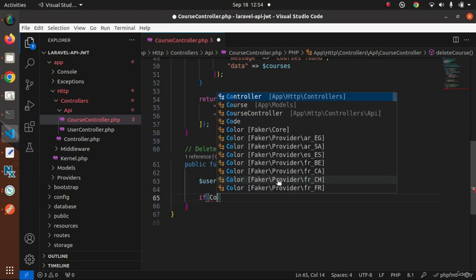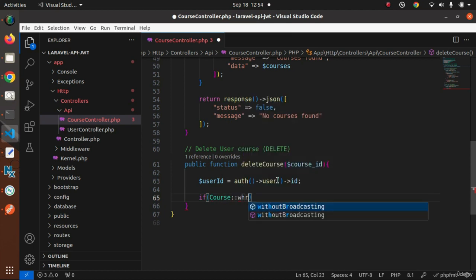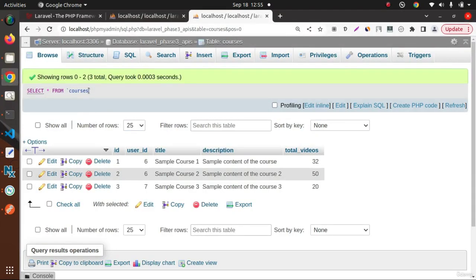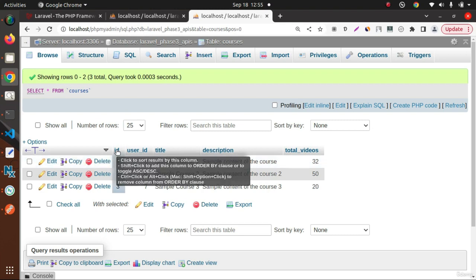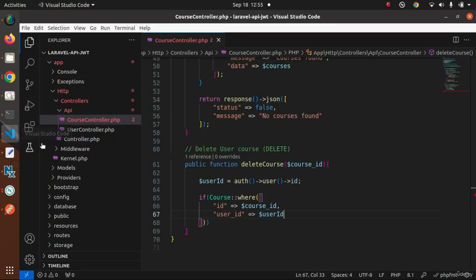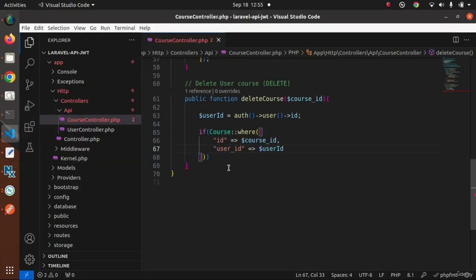So let's say if course model, I will use the where method. Let's pass an array here. So ID, this is the course ID, which we are getting from the URL. Then I will use user ID, which is coming from the auth helper function, user ID. If I go to our courses table, here we can see that we have the columns ID and user ID. So these are the two combinations we are making here. So ID, user ID, and if the row exists, then we need to go inside this if block and delete